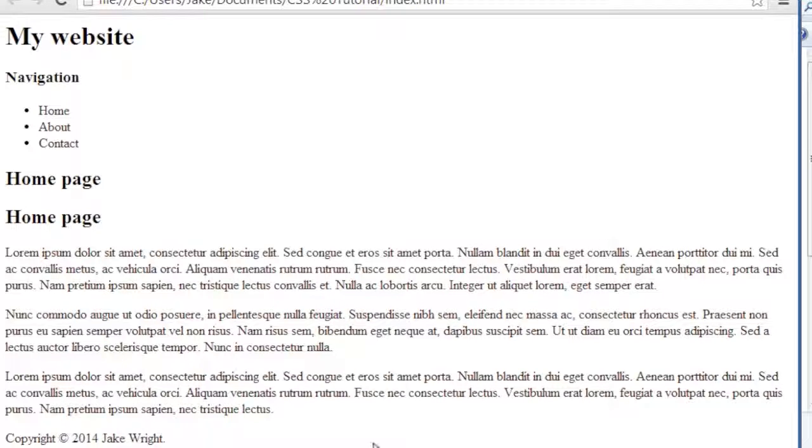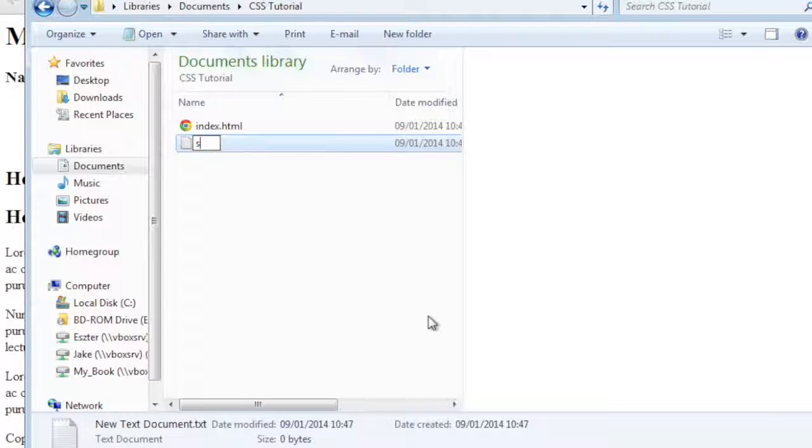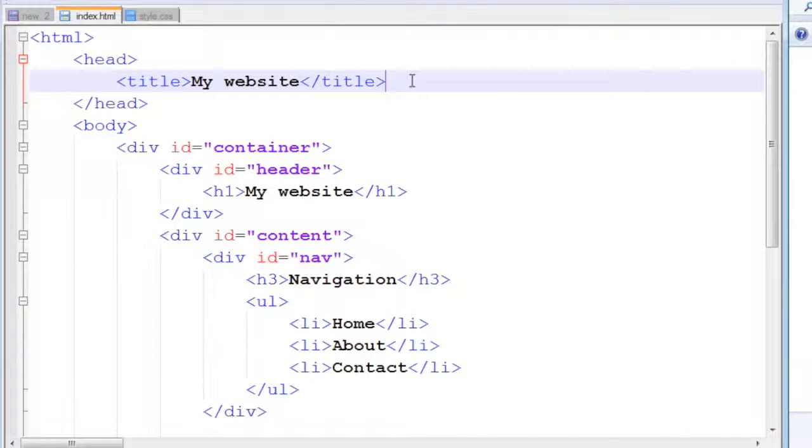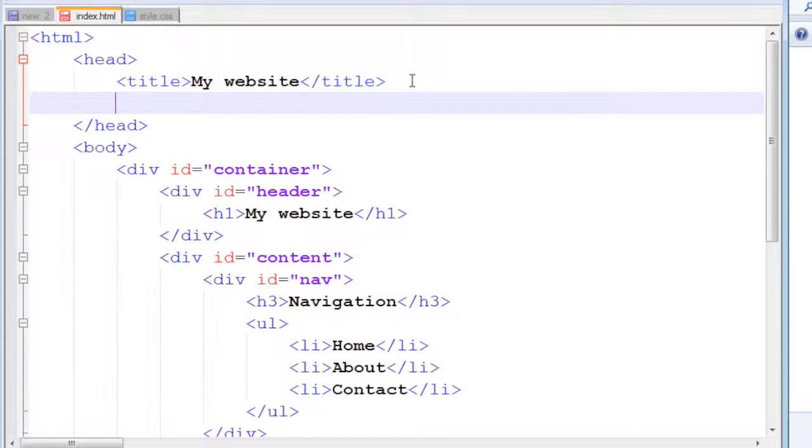This is where CSS comes in. Create a new file. I'm going to call it style.css. First we have to define a relationship between the HTML file and the CSS file. We do this with the link tag in the head section of the HTML. The first attribute is the relationship rel, and we tell it that it's a style sheet. The type of the file is text/CSS, and then the link or the path to the file, and since it's in the same folder we can use a very simple relative path of style.css, and then it's a self-closing tag